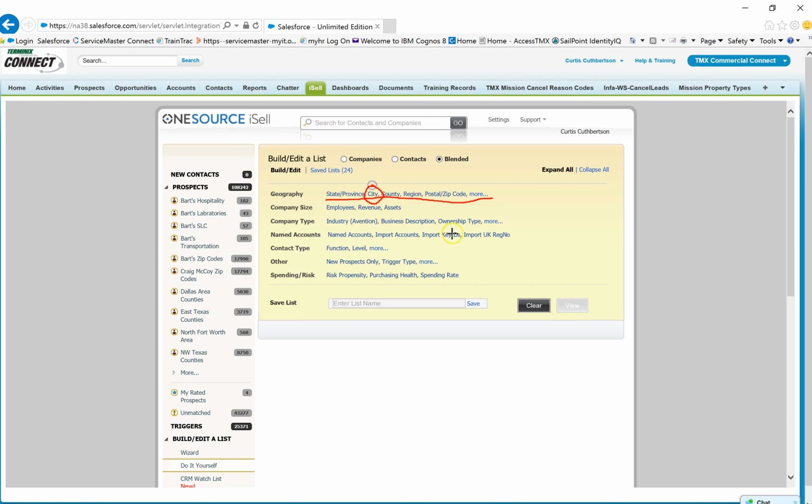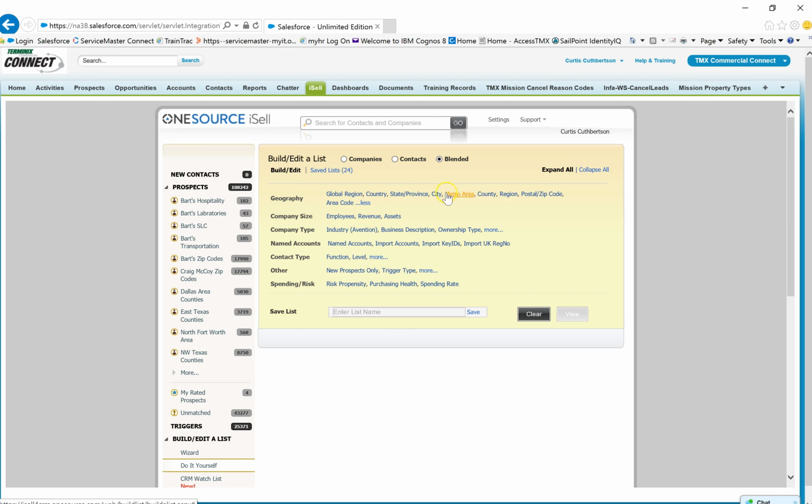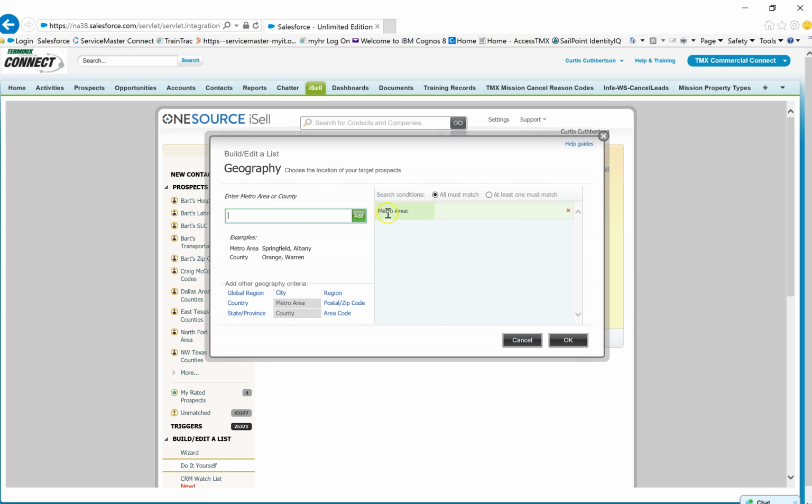If you use a specific city, it'll narrow it down. So for example, in the Dallas metro area, if I chose Grapevine, it's only going to find the businesses in Grapevine and not necessarily the surrounding areas. If I wanted to choose the surrounding areas and use a whole metro area, so if I was the only salesperson for the DFW metro, I would click on more, and I would choose metro area,